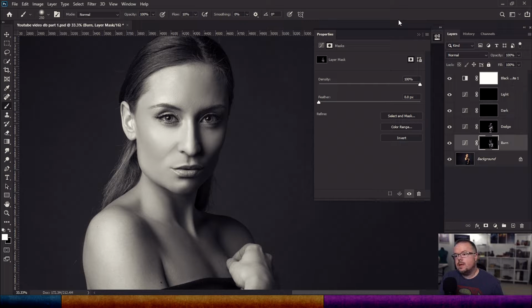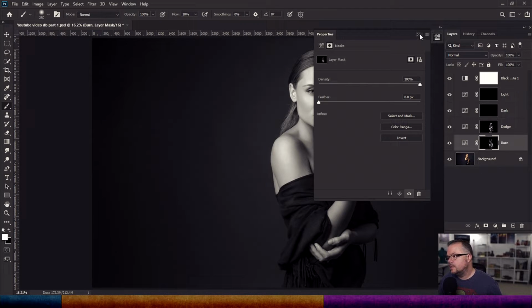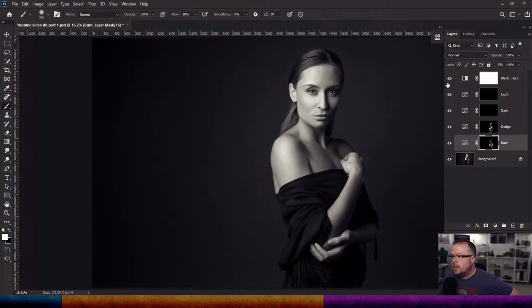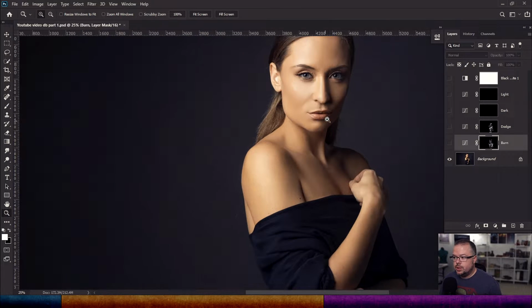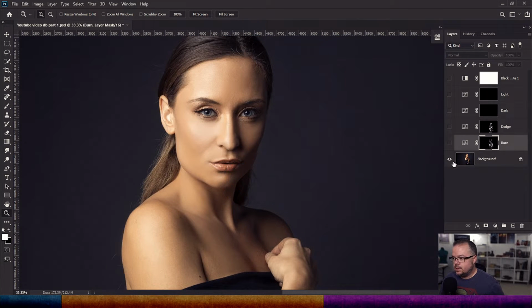So I'm going to hit Control Command on the number 0 to zoom all the way back out. Let's close the properties window here so we can see. I'm going to turn off the black and white adjustment layer, and let's do a before and after. So this is with the after of dodging and burning. Here's the before. It's a simple push to the 3 dimensions of the image itself. Calling them out, helping us drive focus to those dimensions of the highlights and shadows, and really letting depth come